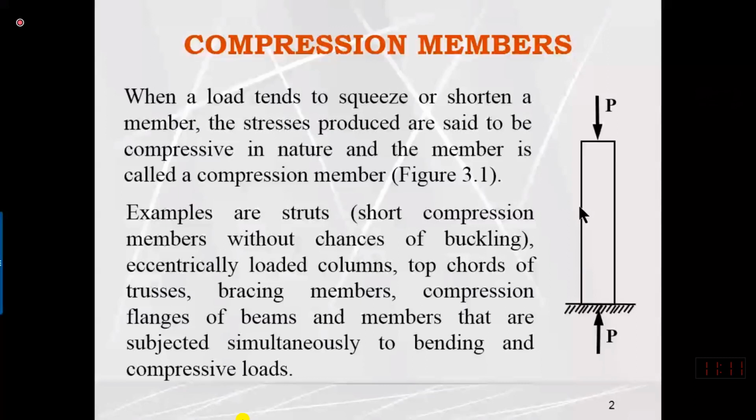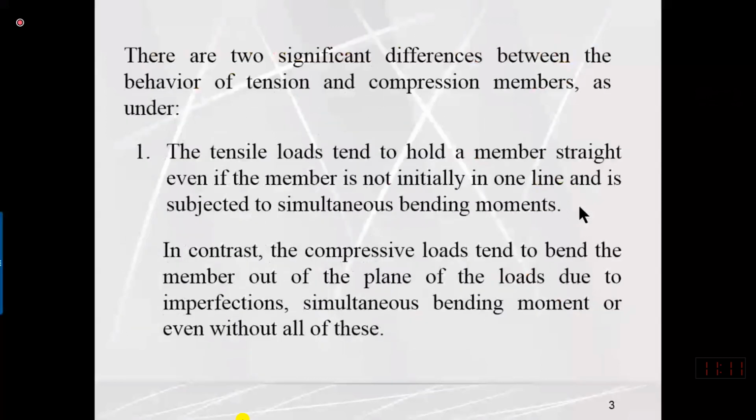So buckling is different from bending. Bending is due to lateral or transversal loading, and the bending keeps on increasing if we keep on increasing the load. But buckling is sudden out of plane bending due to axial compressive forces. Sudden means that if our load is less than a particular value, the column will remain perfectly straight. This sudden bending will occur when the load is more than a particular value, which is called P critical, or critical buckling load. I believe you have already studied this in mechanics of materials, but you will also study it further in detail in your structural mechanics.